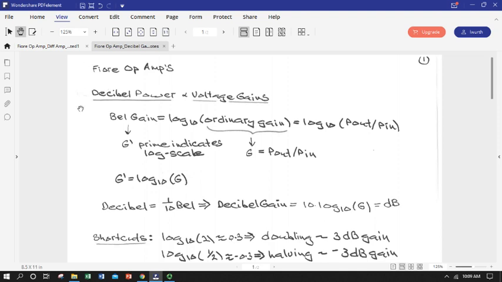So what you're seeing is my hand notes on the material that is in your textbook, and it goes over the main points that I expect you to gather and that you will need to be able to describe gain in operational amplifiers. So the subject of our lecture is decibel gain, and you're probably familiar, I hope, with gain